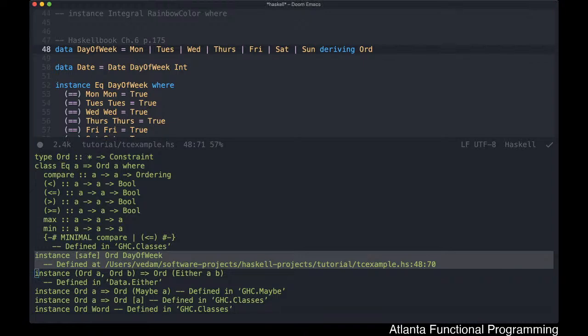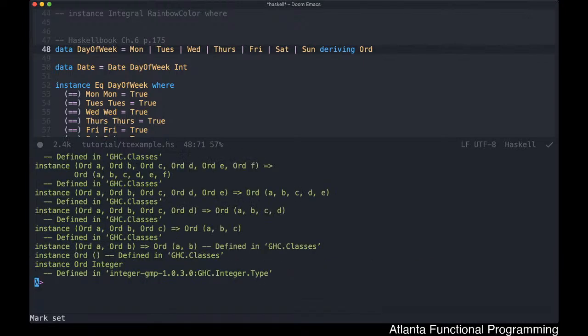The one thing to note though is since this is generated, the order in which you define the sum type is the order in which the implementation is going to take in order to implement the comparison operators. So in this case, if we use min between Monday and Tuesday,